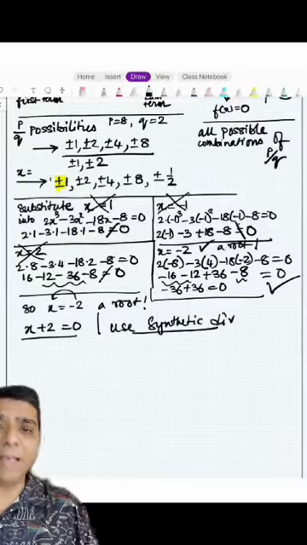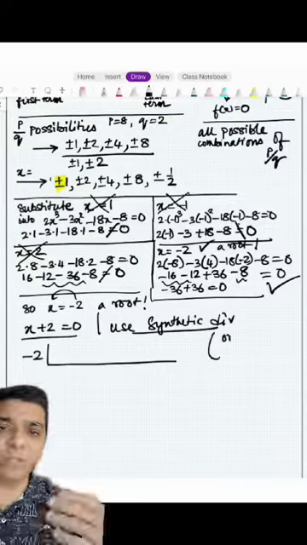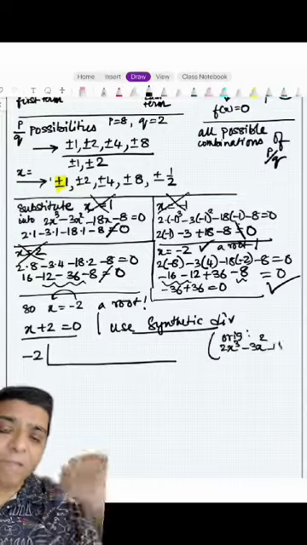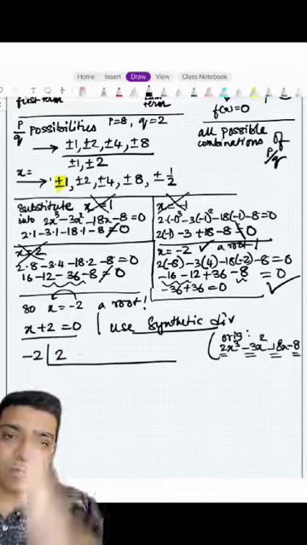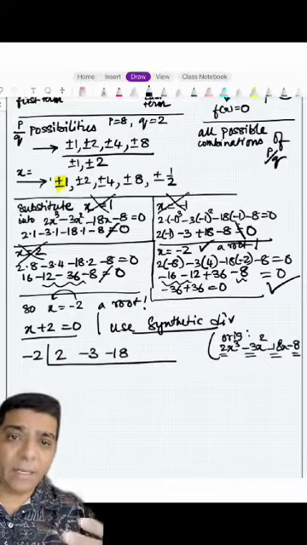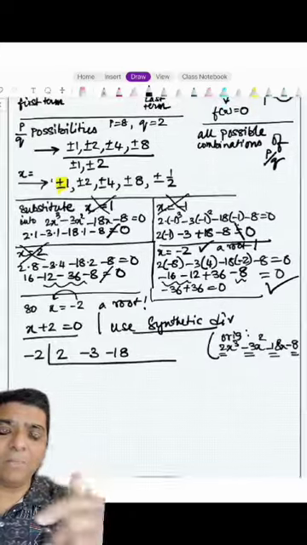So let's write it then. Bring the negative to this side: x plus 2 equals 0. That is a factor. Okay, so now I'm going to use the -2 and use synthetic division to calculate the other roots. So I have my original